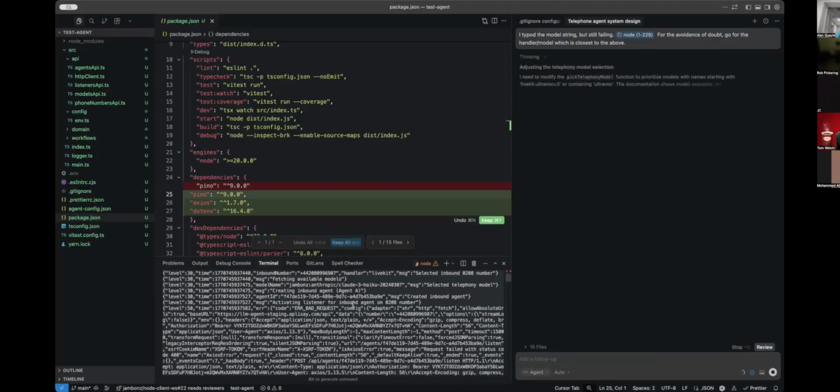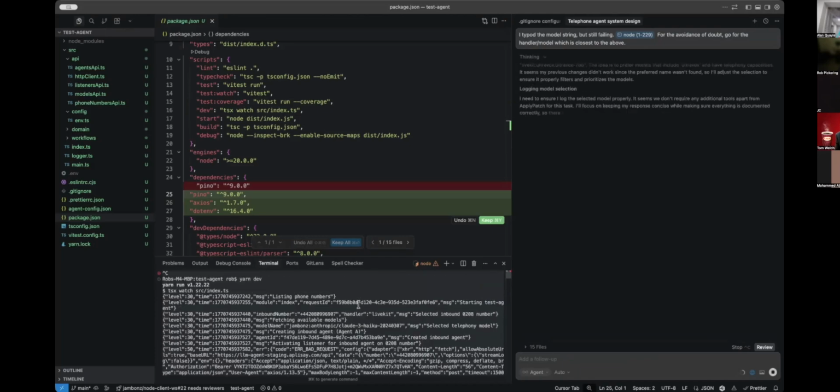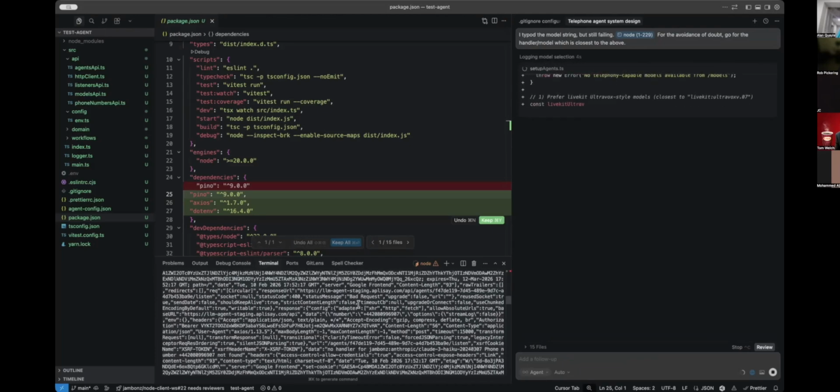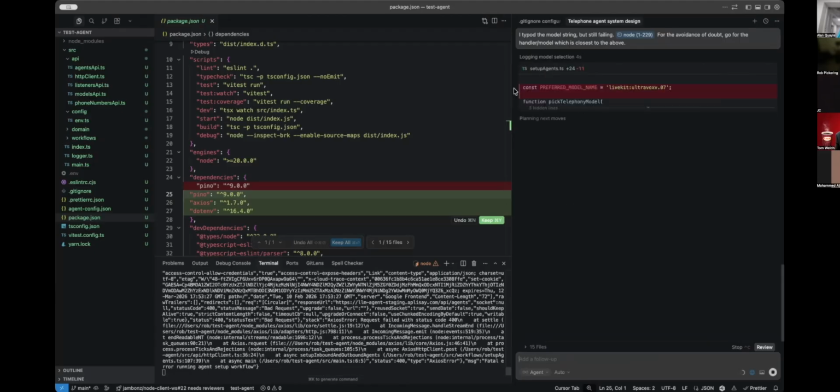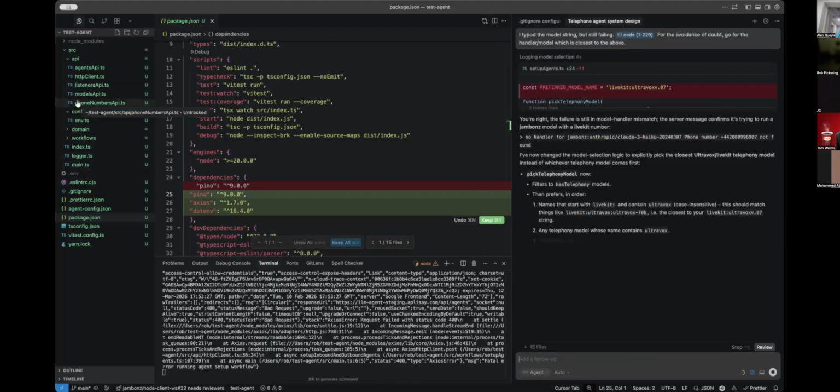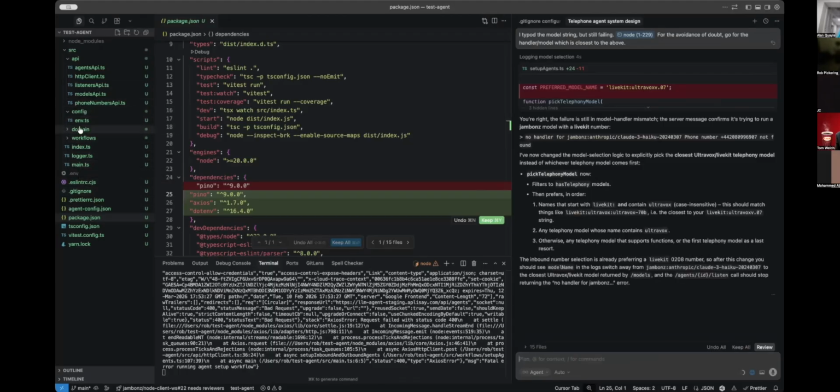So the interesting thing about this is that it's adding logging, and it's using the logging to figure out what it did wrong. We've probably reached a point, actually, if I go and have a look at the setup agents, where we are probably creating